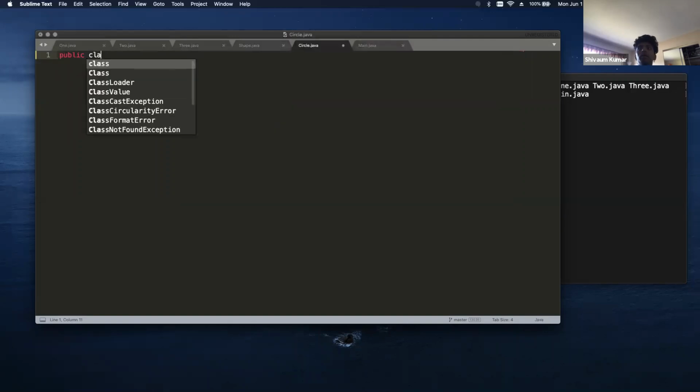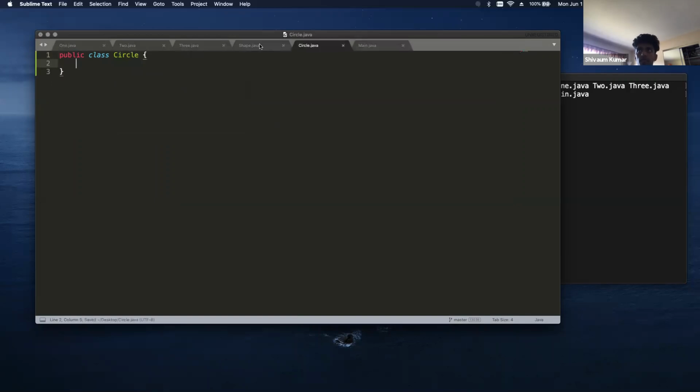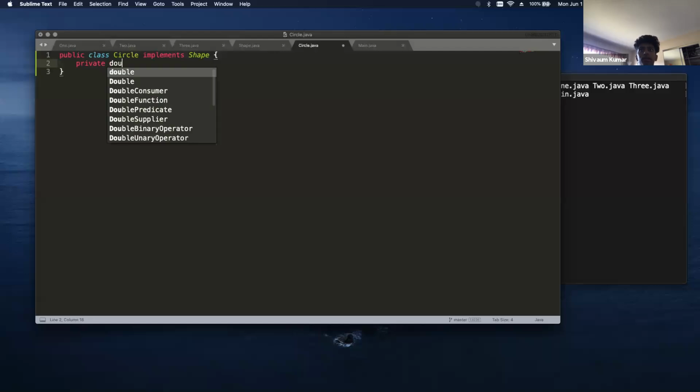So this is now my public class circle. And the way that I can access these functions in shape is I can say my public class circle implements shape, which basically means that this class circle is going to implement the different methods that I created in my interface shape, and then I'll actually create the code for that now. So in a circle class, we'll have a radius, and then